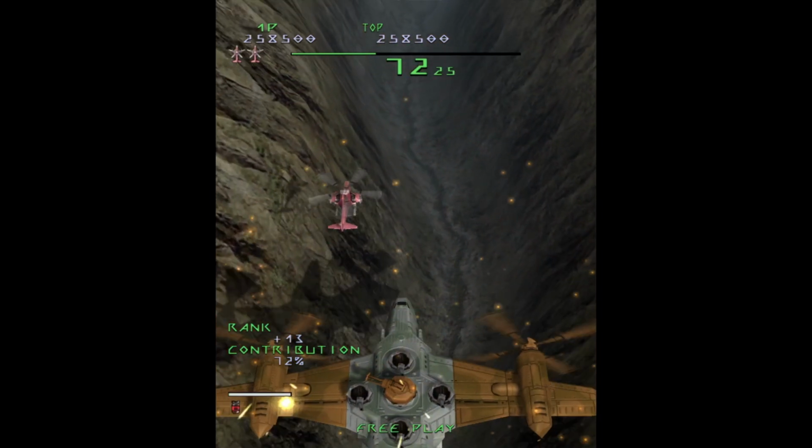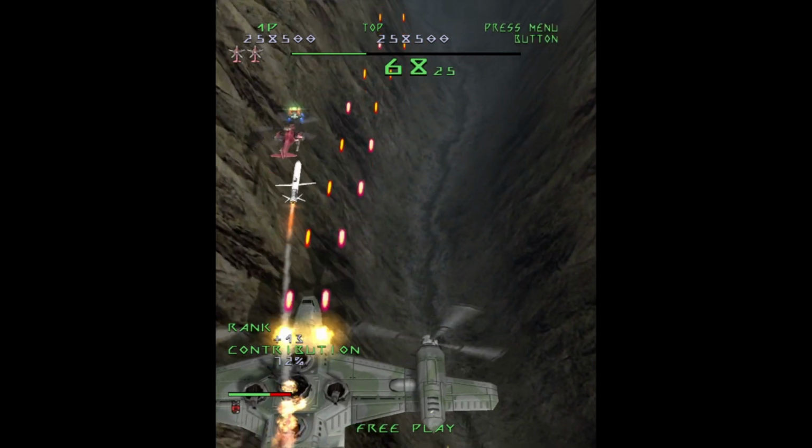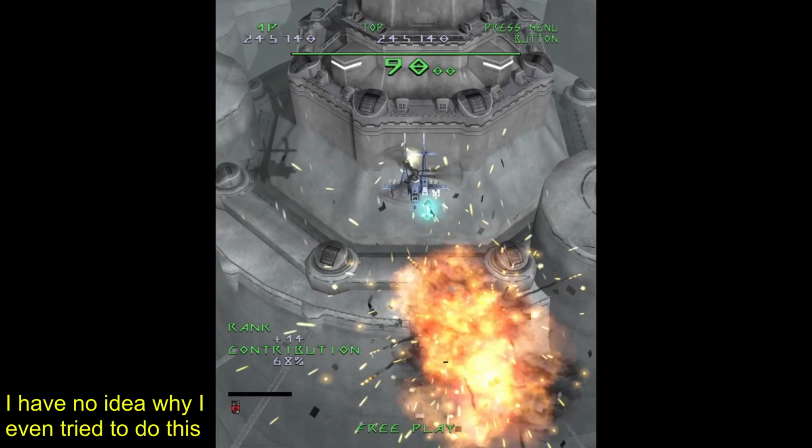Stage 3 boss, I gotta learn that one. I'll be honest, I'm just kind of bombing my way through sections of it, and then praying my way through stage 4. If you get hit, it's more likely you made a mistake and ran into a stray, or you just put